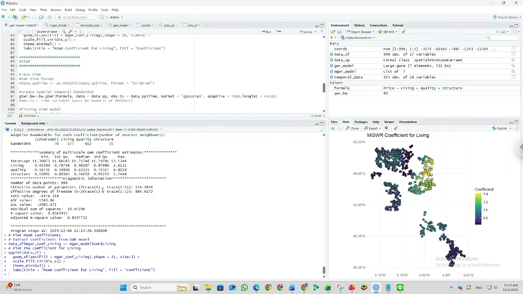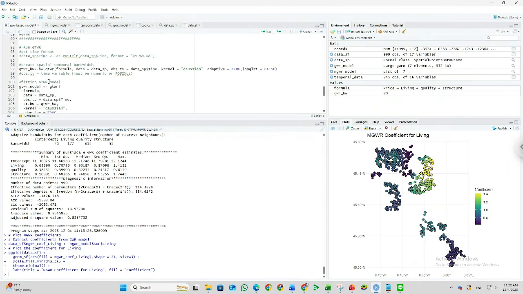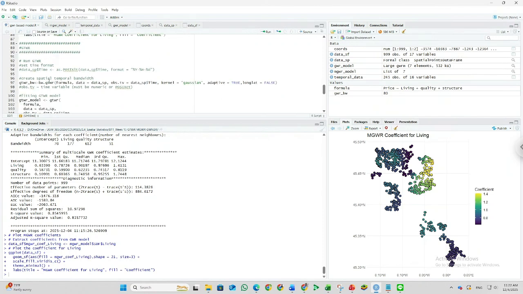Okay, next we want to run the GTWR. In the global regression, we just use the same coefficient across the study area, but in the GWR we use different coefficients based on the coordinate point data.